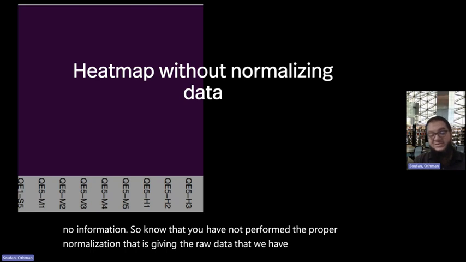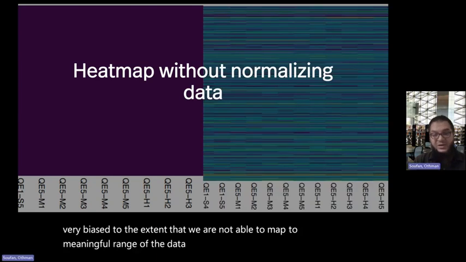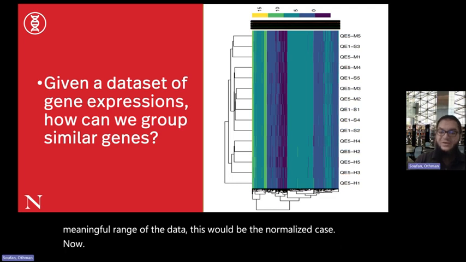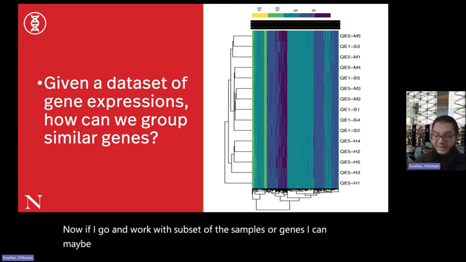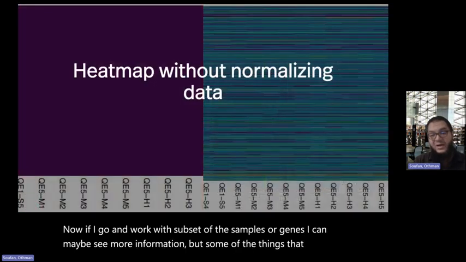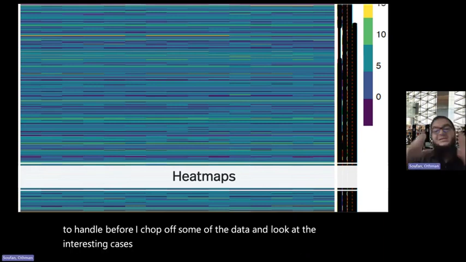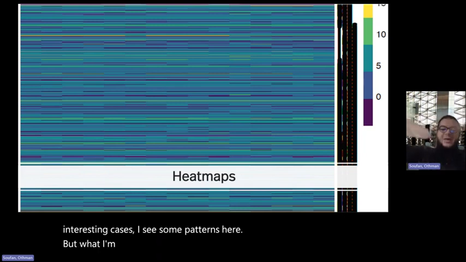Things are very biased to the extent that we are not able to map to a meaningful range of the data. This would be the normalized case. Now, if I work with a subset of the samples or genes, I can maybe see more information. But before I chop off some of the data and look at the interesting cases, I see some patterns here, but what I'm interested in is how I can group these